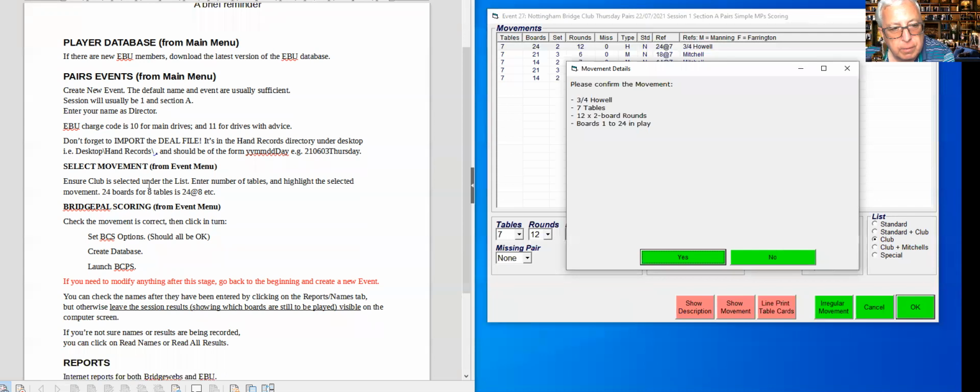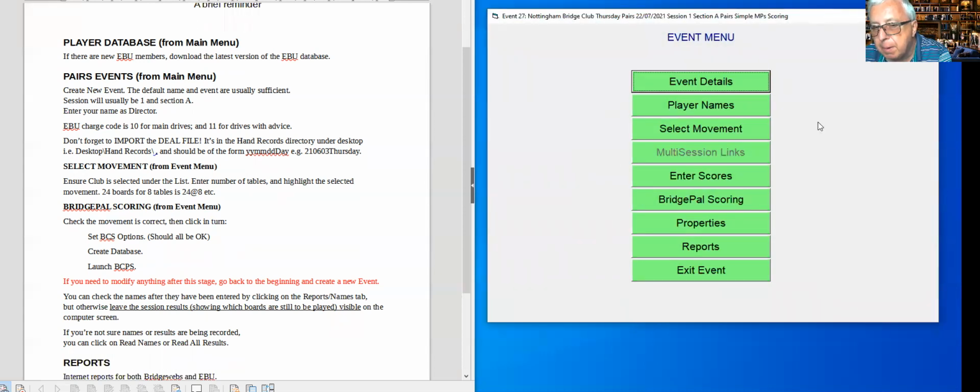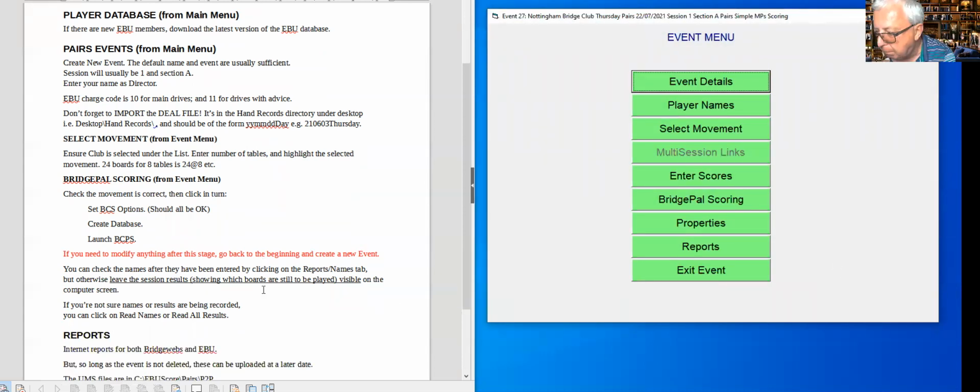And is that what it's saying over here on the crib sheet? It says ensure club is listed under list, enter number of tables, highlight the selected movement, and 24 boards for 8 tables to be 24 by 8, whereas we've chosen 24 by 7 because we've got 7 tables. So we can say yes, we're happy with that, and we're taken back to the event menu again. Now what we have to do